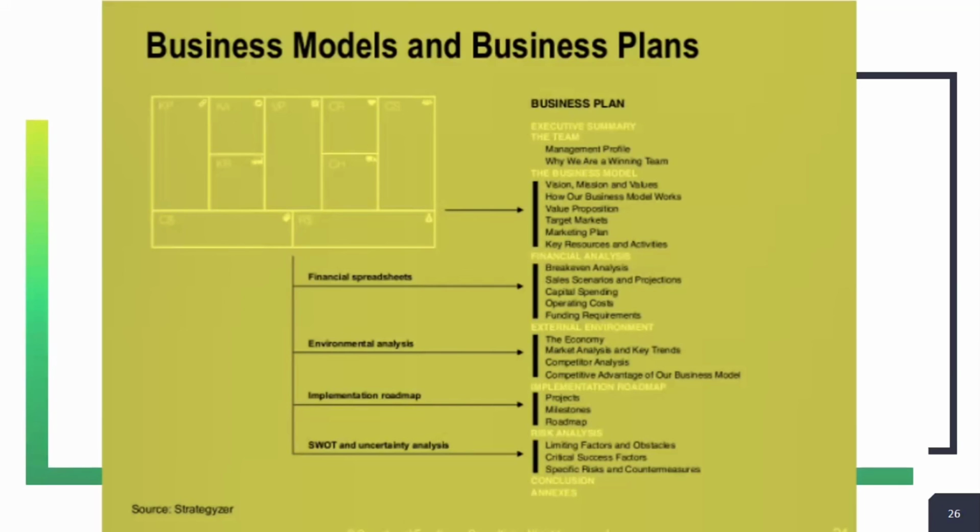A typical business plan consists of executive summary and management team, the business model, overview and objectives, products and services, sales and marketing, operations, key resources and activities, financial analysis, break-even analysis, sales scenarios and projections, capital spending, operating cost, funding requirements, external environment, the economy, market analysis and key trends, competitor analysis, competitive advantages of our business model,